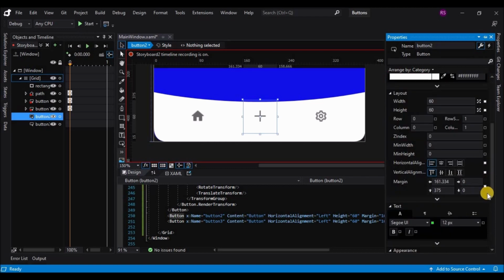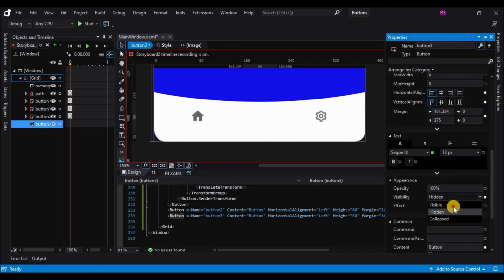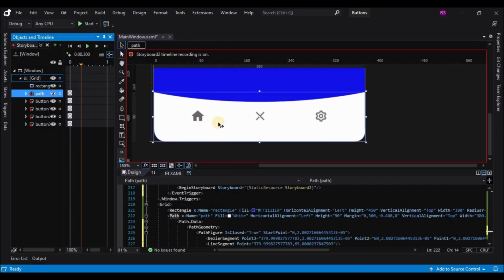That means we have to change the arc to a straight line, and we have to change the button positions for home and settings back to the original.